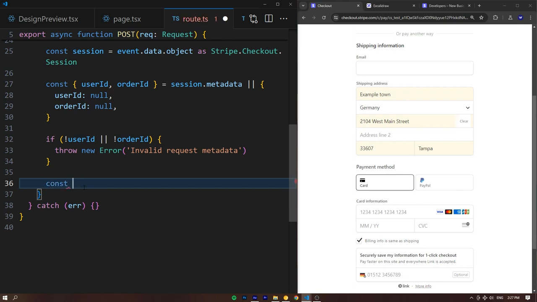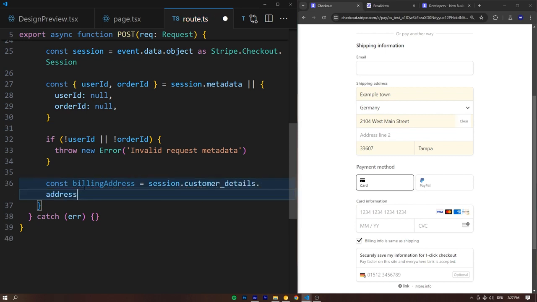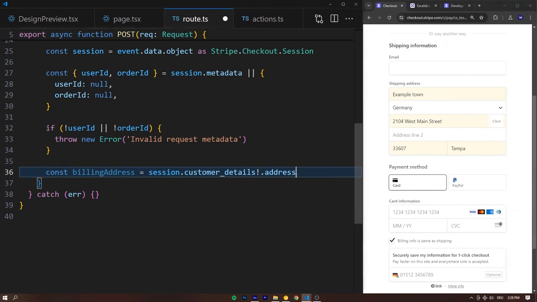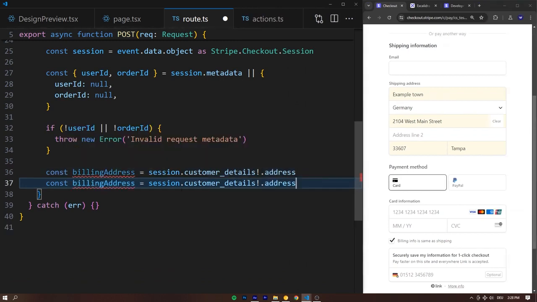So we can simply grab the billing address right here, and that's going to be equal to the session.customer_details.address. And let's just tell TypeScript to back off. This exists, that's fine. And then similarly, we're going to grab the shipping address. So the shipping address is going to be the session.shipping_